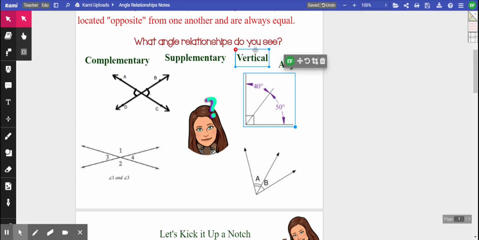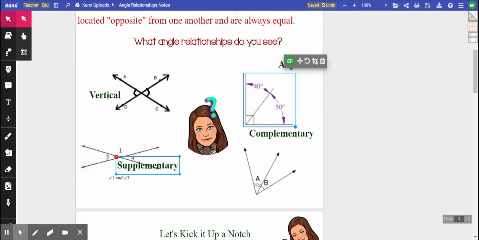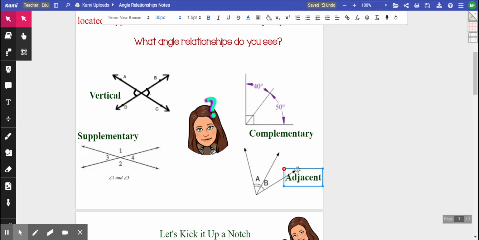It's easy enough to see the vertical one. They're directly opposite from one another from intersecting lines, so I can put that one in its place. It looks like angles that sum to 90 degrees. Over here is going to be our example for supplementary. Complementary is going to be 90 degrees. Supplementary is going to be our angles 1 and 3 over here, which is going to leave adjacent then to